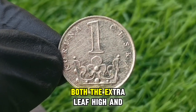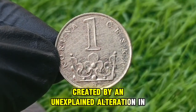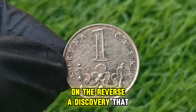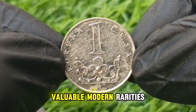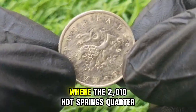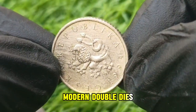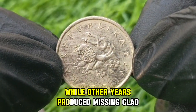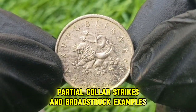and even within the state quarters themselves, several spectacular rarities stand out, including the 2004 D Wisconsin extra leaf varieties, both the extra leaf high and extra leaf low versions, created by an unexplained alteration in the die that added an extra leaf to the ear of corn on the reverse, a discovery that led to nationwide searching as collectors rushed to find these valuable modern rarities. The series continued into the America the Beautiful program where the 2010 Hot Springs quarter produced one of the most dramatic modern double dies, showing clear doubling in the building details and the lettering,